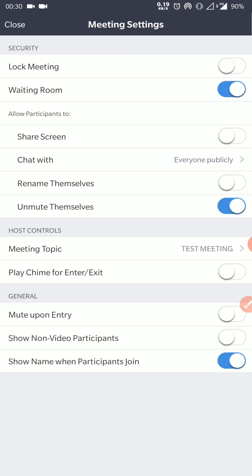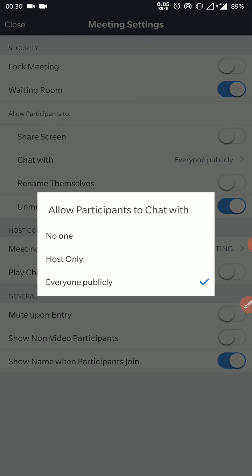And that too, this option is only much effective when there are less number of students in meeting, else someone might take access and share unwanted content on screen. Hence, it is advisable that screen share option for participants should be disabled. Next option is allow participants to chat with, and this option should be compulsorily set to host only or no one, because as we have found out that there are some issues or nuisances created by students during meeting ongoing.